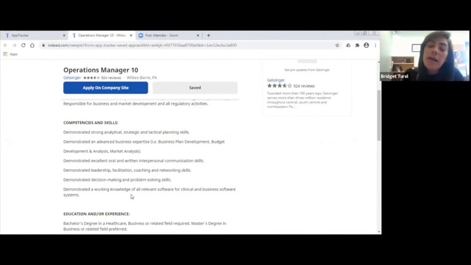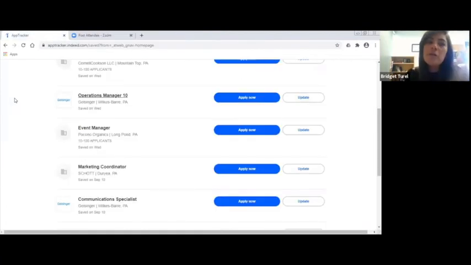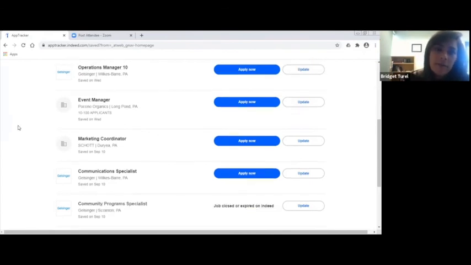But when you start looking and you can really start drilling down to what that job looks like day to day, you can see that this would be a really exciting opportunity and a really exciting career move. Demonstrated decision-making and problem solving and working knowledge of business software systems. Okay, so that's just an example. But in looking at all of these and saving these specific positions, I felt that way about all of them. The next one, event manager for Pocono Organics, which I had to look up